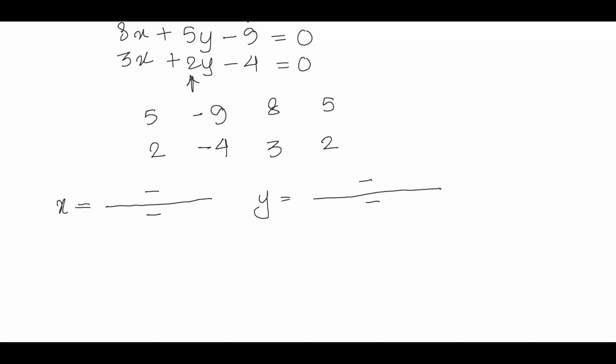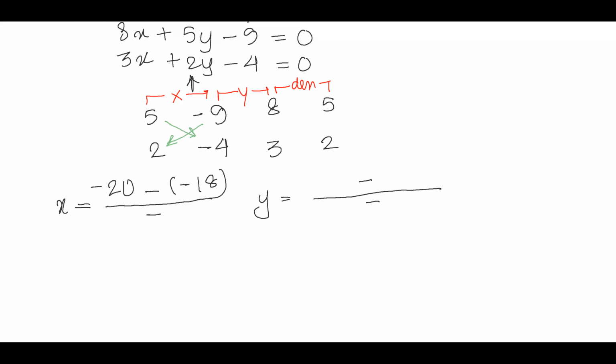Now this combination over here will give you the value of x. This combination will give you the value of y, and this combination will give you the denominator. So let us begin with first x. Now, when I say difference of cross product, I'm sure everybody knows what cross product is. तो cross product में हम इन दोनों को multiply करते हैं. तो 5 multiplied by minus 4 is going to give us minus 20. और फिर माइनस का साइन तो मैंने ऑलरेडी डाल के रखा हुआ है. Then minus multiplied by minus 9 multiplied by 2 is going to give you minus 18.